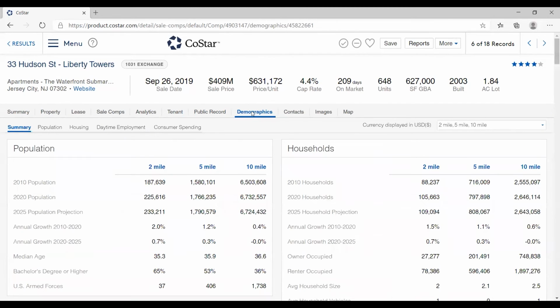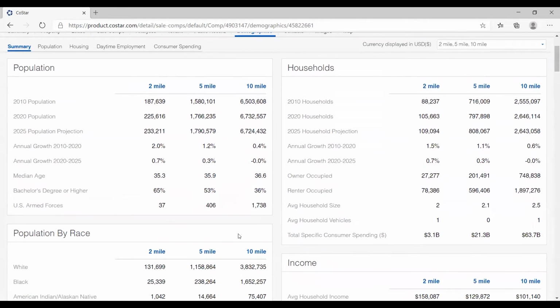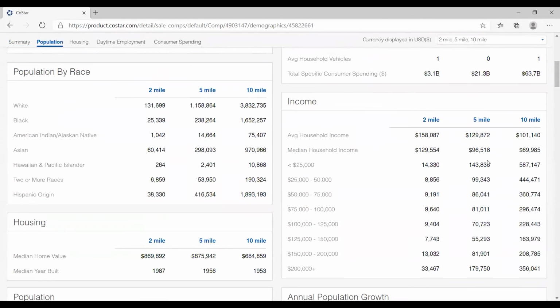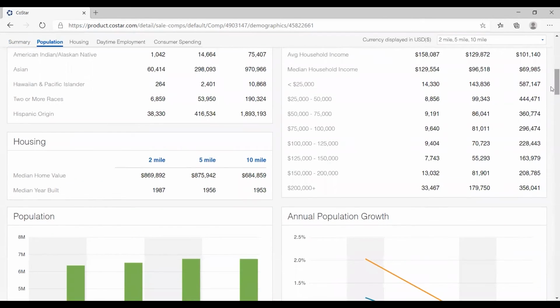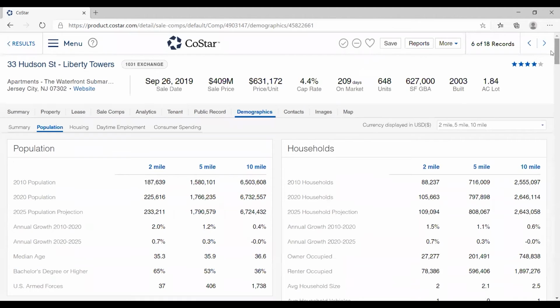Demographics on the area. What's the population within 2, 5, and 10 miles in 2020? What's the projected population in 2025? What's the annual growth rate? What's the median age? What is their typical education level? How many are in the armed forces? How much is the income? What's our growth? What's our population by race, by income, by housing? This gives us a lot of detail that we can use to build our package of information